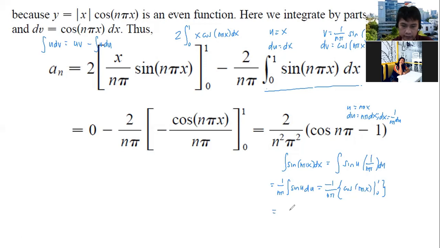So this will give us negative 1 over n pi times cosine, substitute natin yung 1 sa x. So n pi na lang to. Then minus cosine ng 0. So what is cosine 0? This is always equivalent to 1. Okay, so magkakaroon tayo dito ng negative 1, no? And of course, if you try to evaluate this